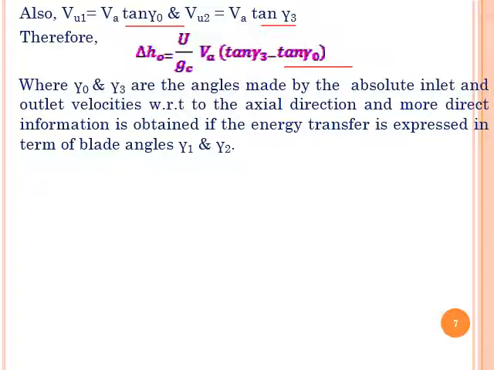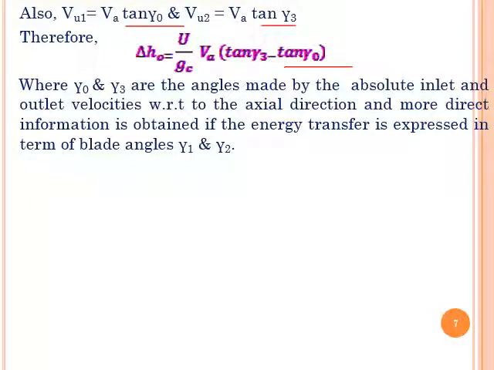So where gamma naught and gamma 3 are the angles made by the absolute inlet and outlet velocities with respect to axial direction. See here, gamma naught at inlet and gamma 3 at outlet are the angles made by the absolute inlet and outlet velocities with respect to axial direction. And